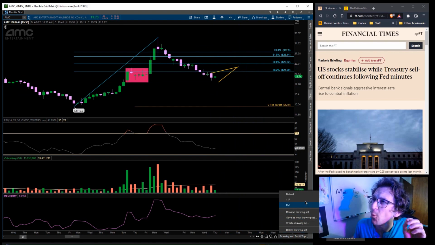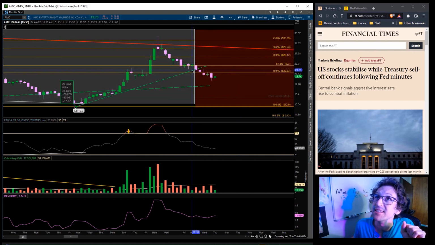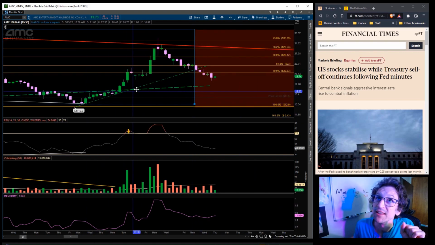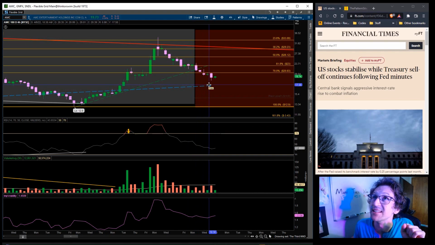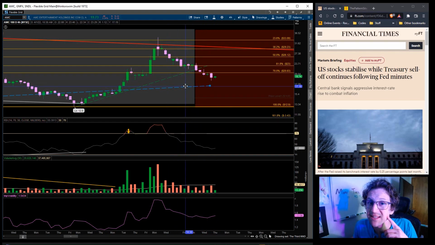I'm going to stay on the 4 hour chart and take a peek at my third measured move down really quick. And you can see that this trend line, this green trend line here, the thinner dashed line, has been broken, and now the price is starting to head for this other downtrend here at 17. So if we do see another $2 drop from 19, that's going in for a test of this trend. And I don't know if we're gonna break that trend this week or next, but if we do break that trend tomorrow and the price keeps going, it could be a really, really tall red day.